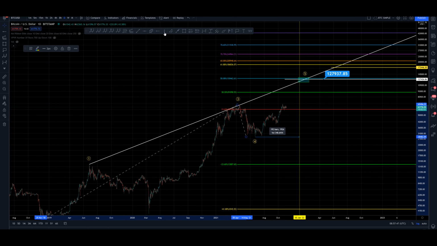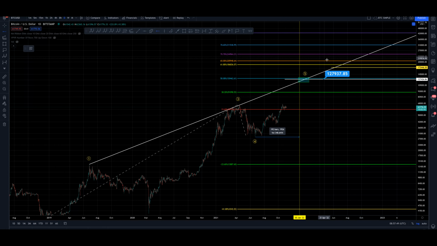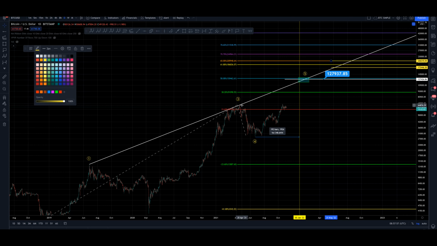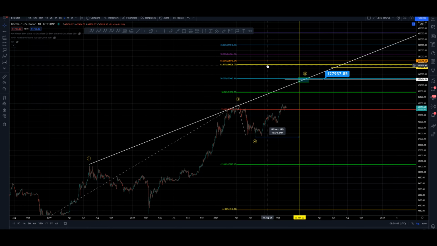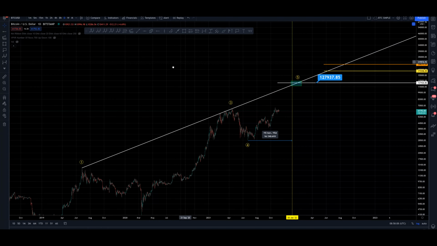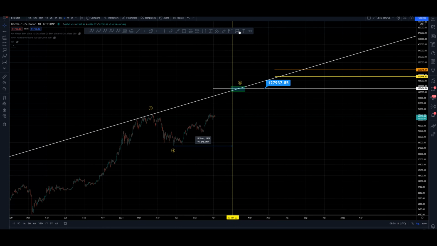So let's give it the benefit of a doubt and say the extreme, the 65 of this larger wave 3 high here, or this higher wave 3 high here. Is that the orange I used for that? Yes, it is. Okay, so this gives us a pretty broad range at that point for a potential target for a wave 5 alternate. So I'm taking the lower bound 61.8 of the lower high, and the higher bound 65 of the higher high